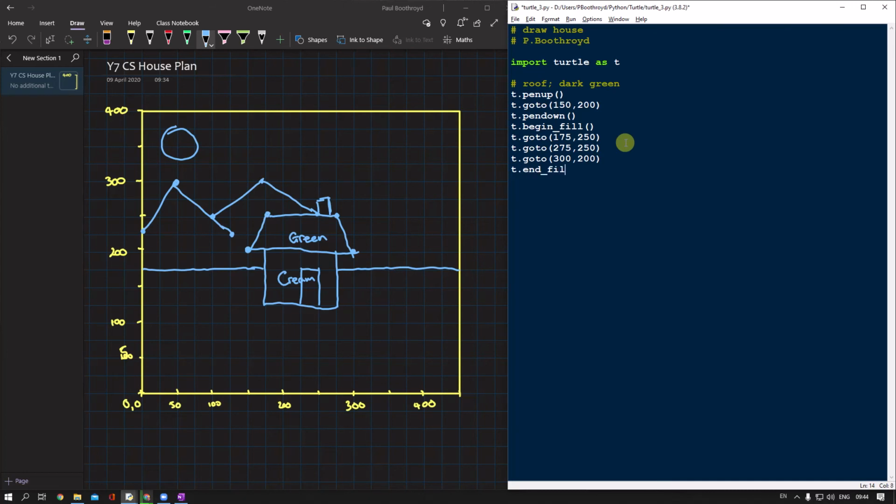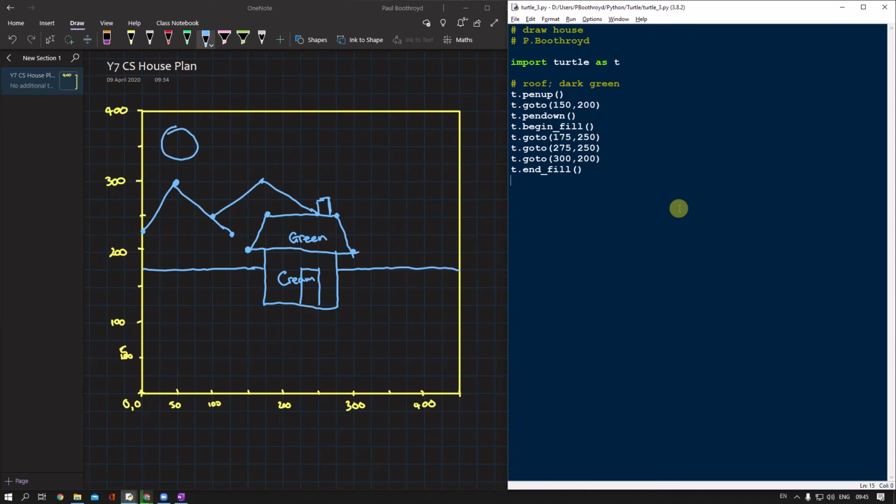I think I've just got those the wrong way around. I'll just check the commands. That should actually work. Now, this note about green, we'll sort out the green later. We'll do that next lesson because there's some maths we need to do when we're doing the green properly, the way we should be doing it. Okay, so